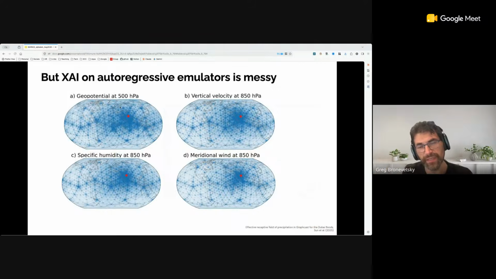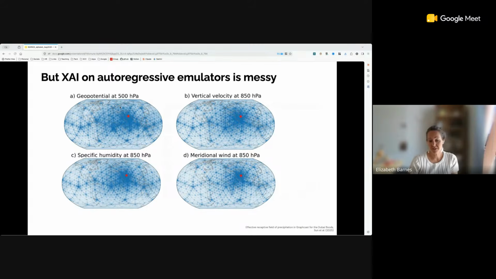What you just showed smells a lot like identifying teleconnections in real climate histories. Is that the same insight, or how can you keep driving that analogy from real climate analysis to simulated climate analysis? So this is exactly what we were trying to do. We are trying to get at these teleconnections.